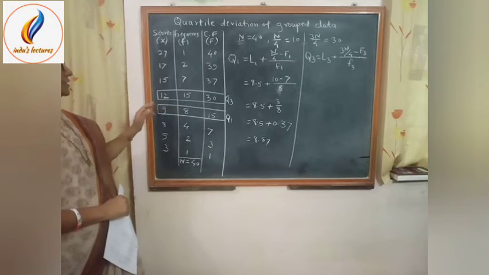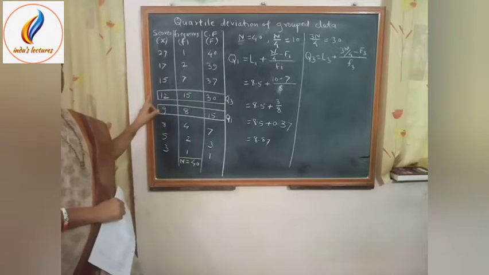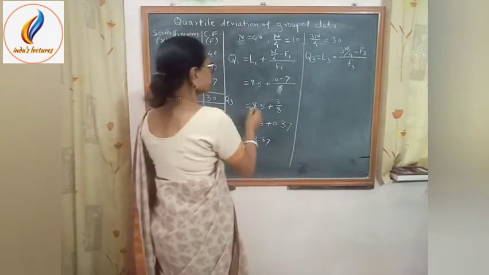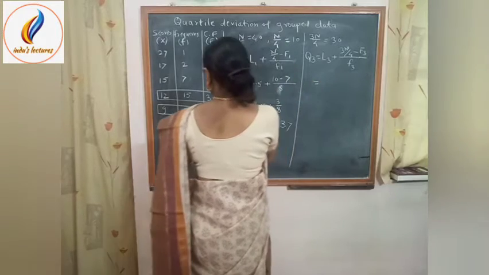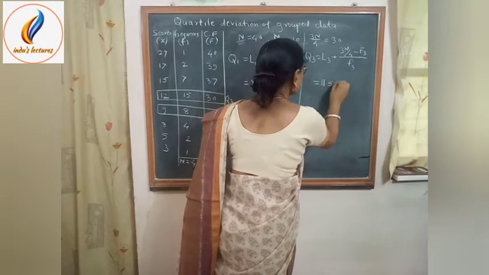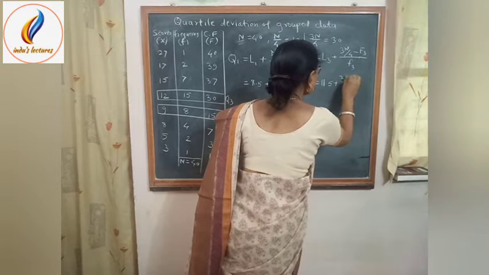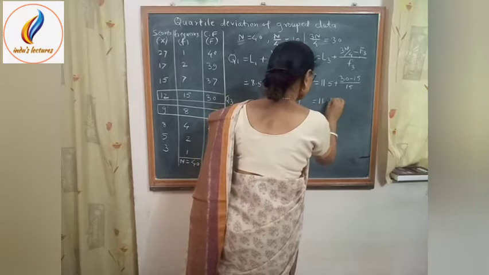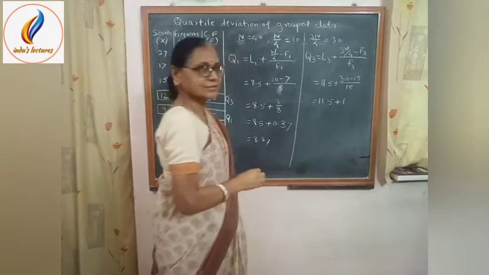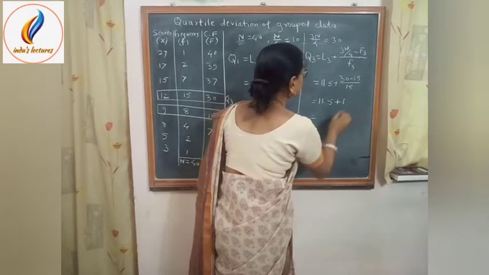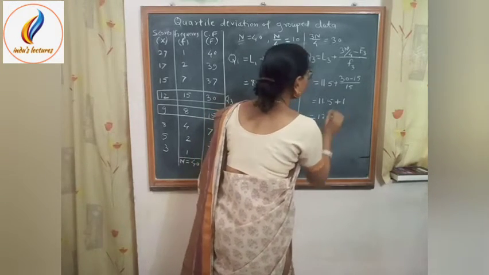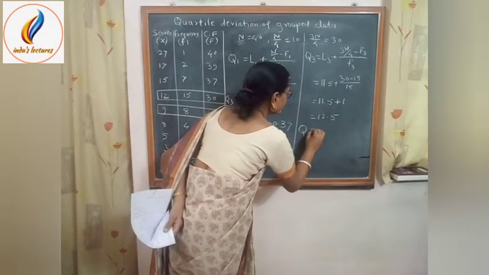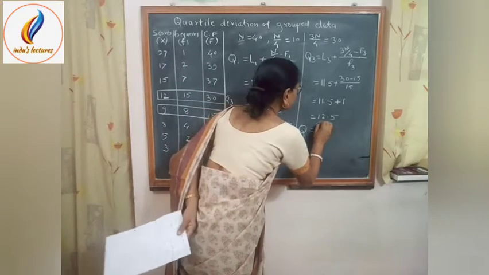And small f3 is the frequency of third quartile score. That means it is also 15. Now we will put the values in formula. So we get 11.5 plus (30 minus 15) upon 15. That means 11.5 plus 1, because 30 minus 15 is 15 and 15 upon 15 is equal to 1. So it is 12.5. Now we know that quartile deviation is calculated by the formula Q is equal to Q3